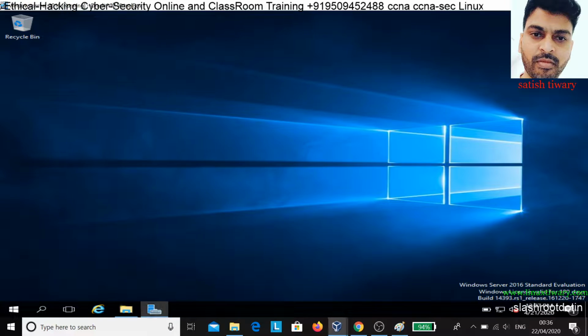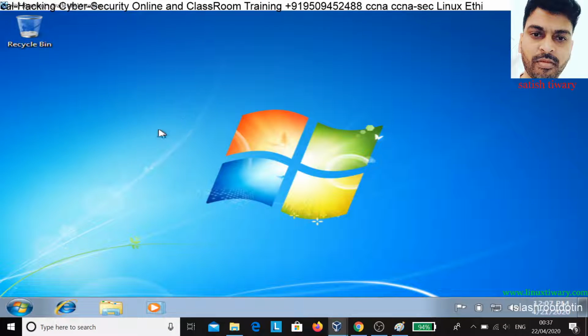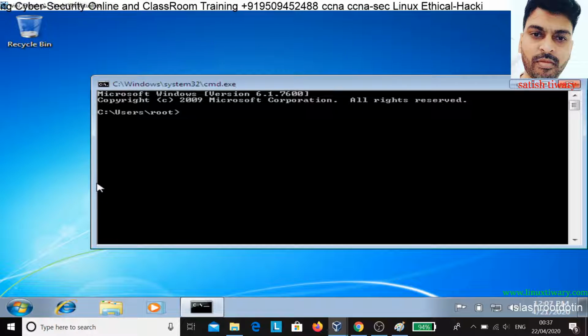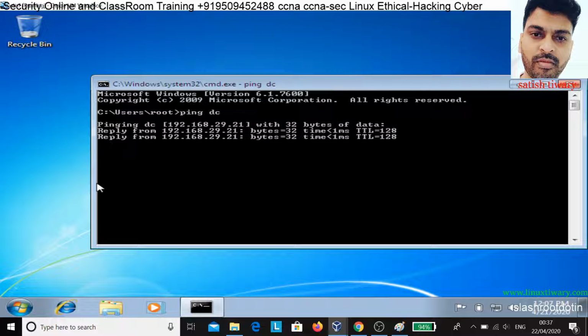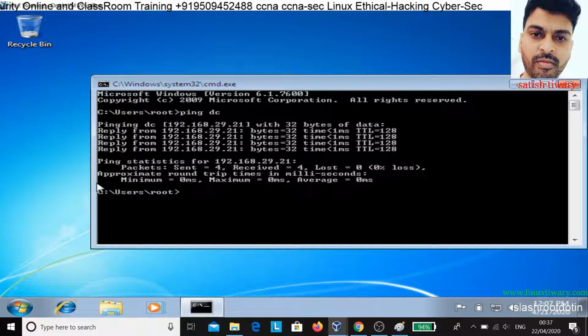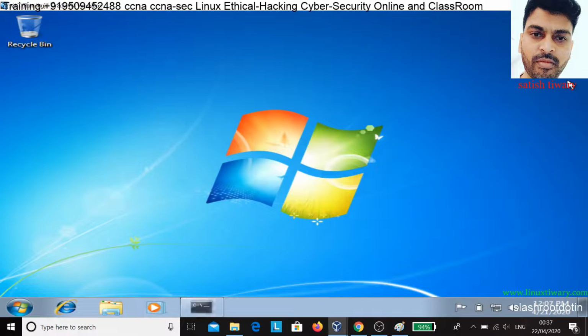First you have to check the communication between your client, Windows 7, and your server. Just run the command prompt and ping DC, the name of your domain controller. You can see that when you ping DC, it's pinging 192.168.29.21, which is the IP address of your Active Directory or DNS server. That's good, communication is happening.